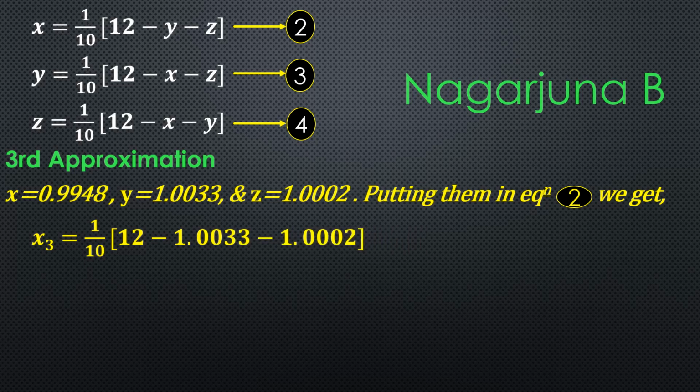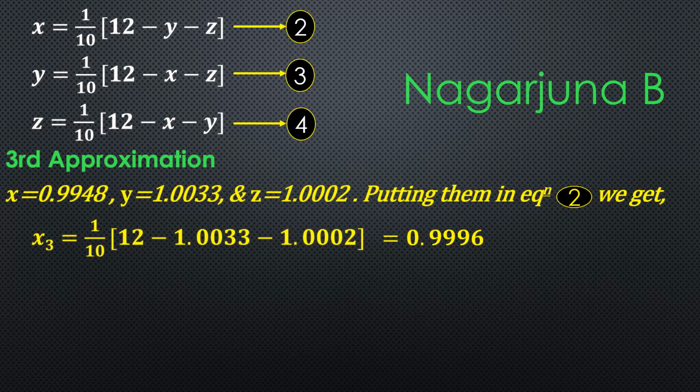1.0002. In the calculator you can type, open the bracket, 12 minus 1.0033 minus 1.0002, close the bracket, divided by 10, and that answer after rounding off to 4 digits after the decimal point is 0.996. Now we got the value of x, and this x value has to be substituted in equation 3